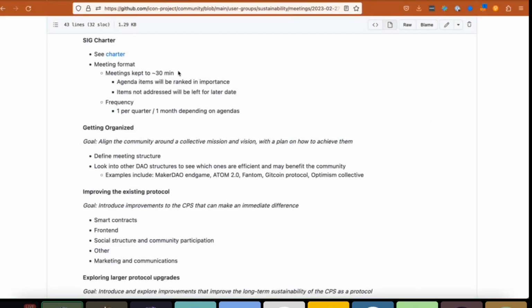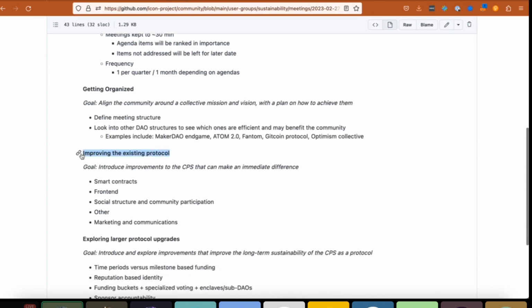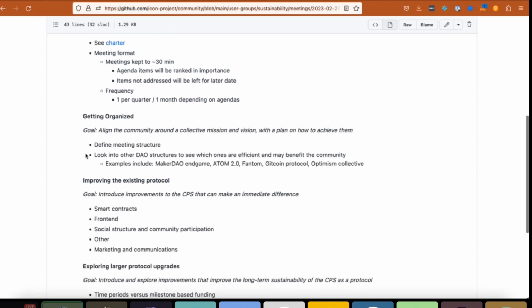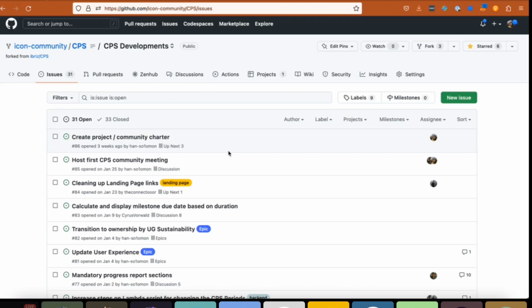We can start with maybe, do you guys think it should be monthly or bi-monthly? And do you have thoughts about the ways that we should use this time to give feedback on specific projects, or discuss developments of the CPS? Yeah, so let's see. Does anybody have comments or things they want to bring up?